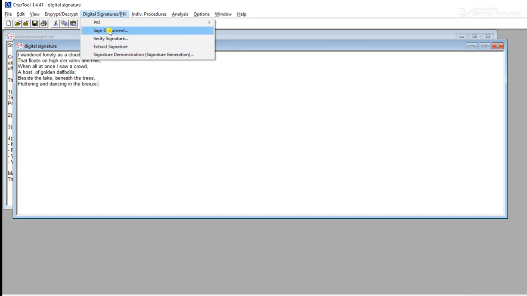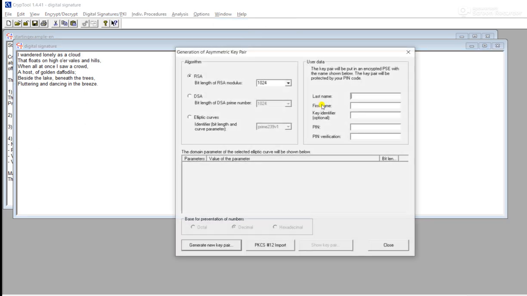So we will first go by this PKI. We'll go to the PKI menu, there we'll go to generate or import keys. Now, keys can be generated with the help of any of the algorithms such as RSA, DSA, elliptic curves. So what you have to do is give some name. I gave it as XXXYYY. Key identifier is optional, and in order to use the key, a PIN has to be provided. So I am giving the PIN as 1, 2, 3, 4, 5.